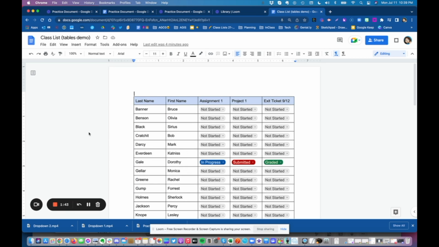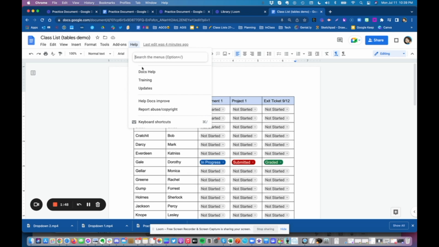So those are just some of the changes and updates to Google Docs. If you want to learn more, you can always go to the help menu and look through the documentation from Google Docs, or obviously Google searches and YouTube searches, and of course